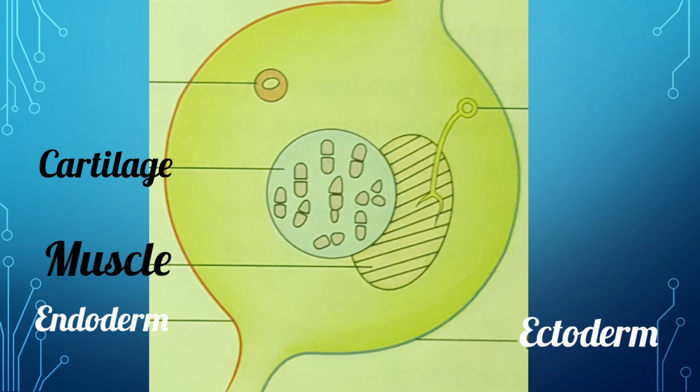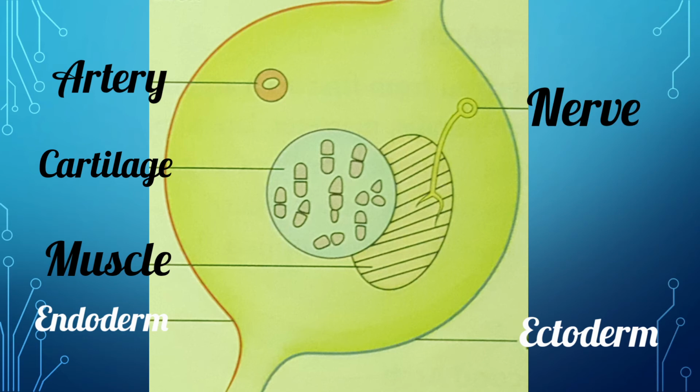The arch arteries, which are connected ventrally to the ventral aorta. And the nerve of the arch, which provides motor innervation to the muscles derived from the arch and sensory innervation to the skin and mucosa derived from the arch. As I told earlier, there are 5 pharyngeal arches: pharyngeal arch 1, 2, 3, 4 and 6.